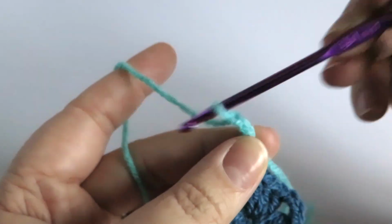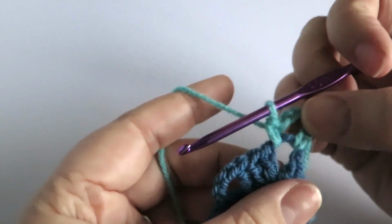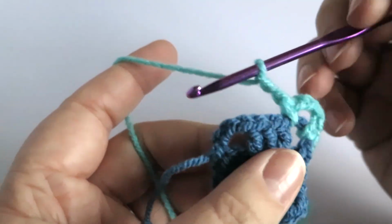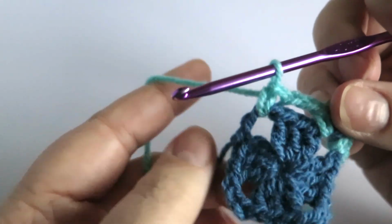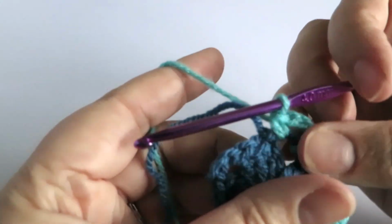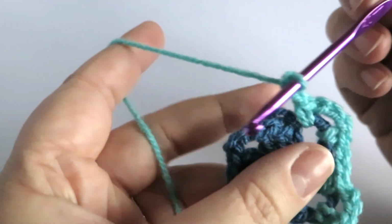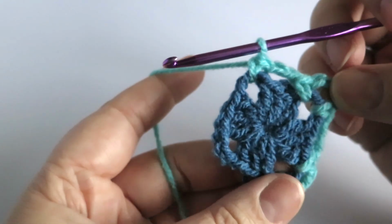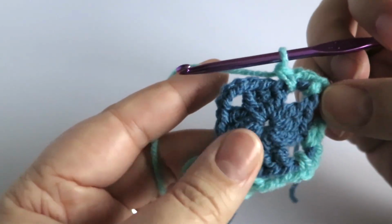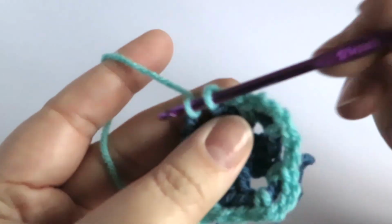So then I'm going to do 3 chains, as I would do for each corner, and then a double into that same space, like so. And then 2 chains across the top of the 3 trebles from the previous round, and then a double into the corner. And then 3 chains, and then a double, and then 2 chains to take me across the top of my 3 trebles, a double into the corner, 3 chains for the corner, and then a double into that same space, 2 chains to take me across the top of those 3 trebles, a double into the corner,